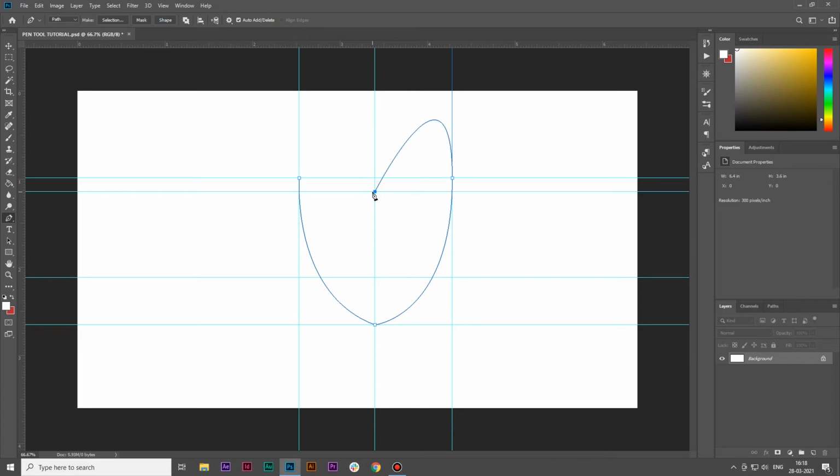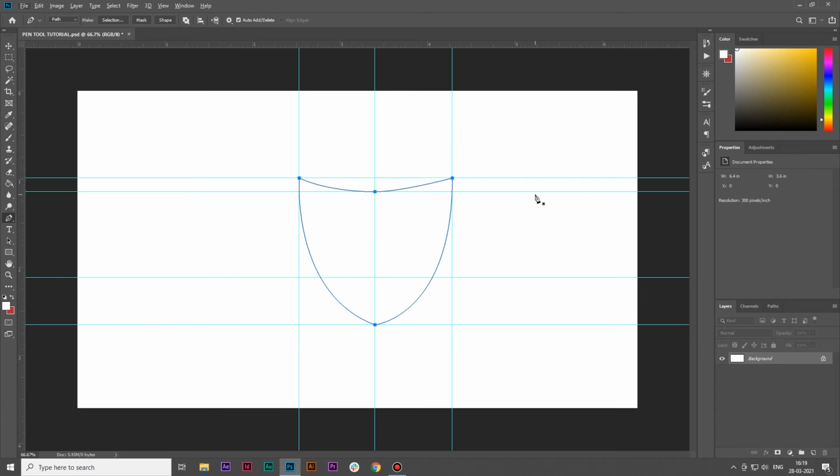Now one anchor point. Now you can see I forgot to press Alt and delete its tail by clicking on the point. So the curve was created like this. I was not able to freely control it. Now I will press Alt, left click on the point, and create another point. Now I can make the path freely. Now again, see the curves are equal. Now your shape is created.